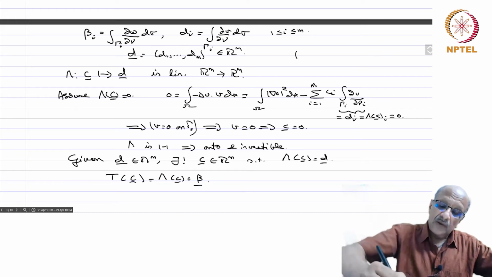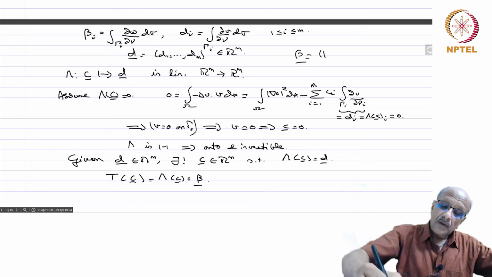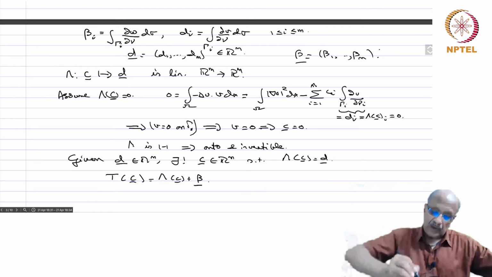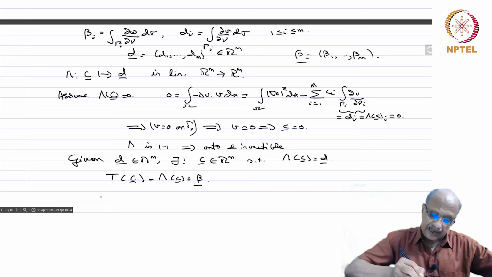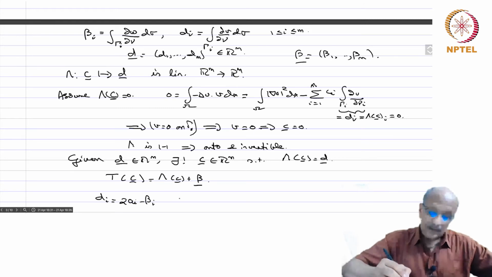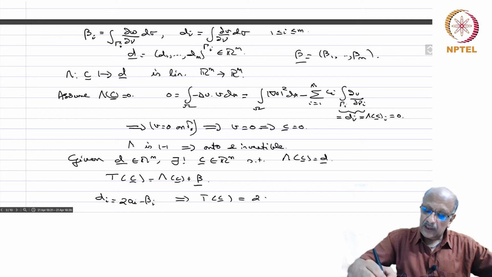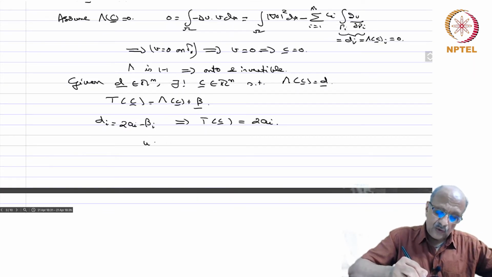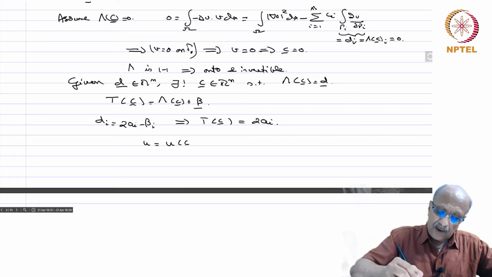So beta equals beta 1 to beta m. Okay. Now if you take Di equal to 2ai minus beta I, then this will imply that Tc is nothing but 2ai. So now if you set u equal to u of c, which is equal to v of course,